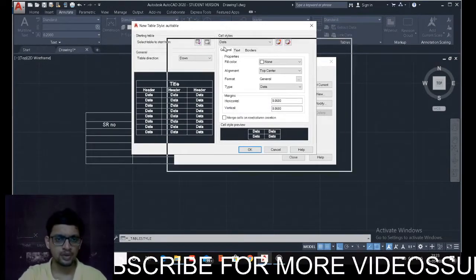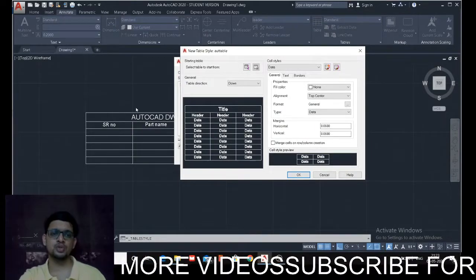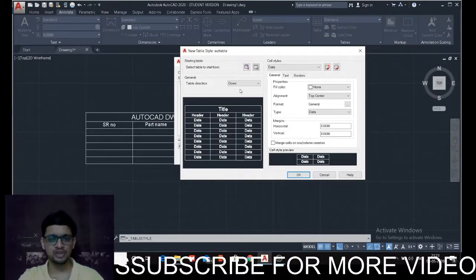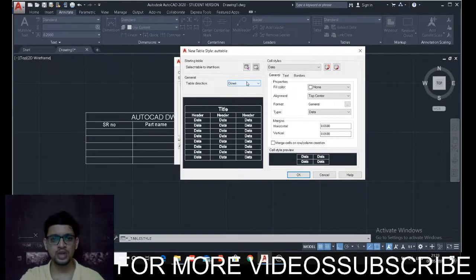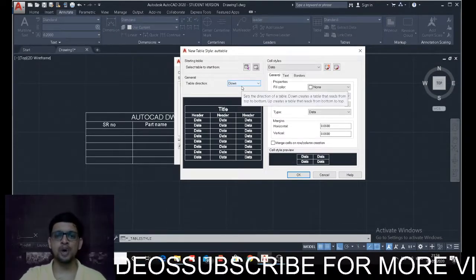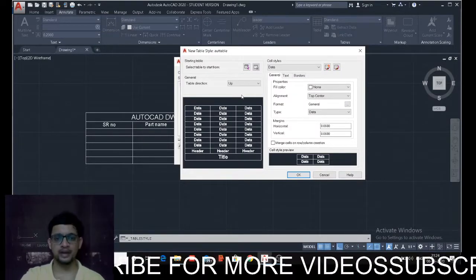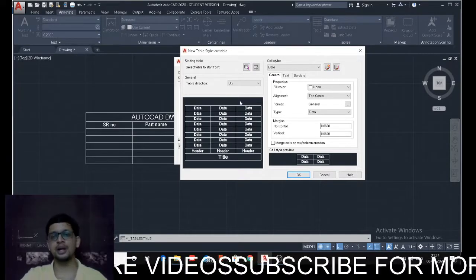you want. Okay, let's say I don't want this table to start from top and go to bottom. I want it something like a bill of material. So if I want to add something, I can add it in upper rows. Okay, so I want it completely reversed. I want the title at the bottom and the rows at the top. So I can go to this up format where the title is at the bottom and the header and the rows are at